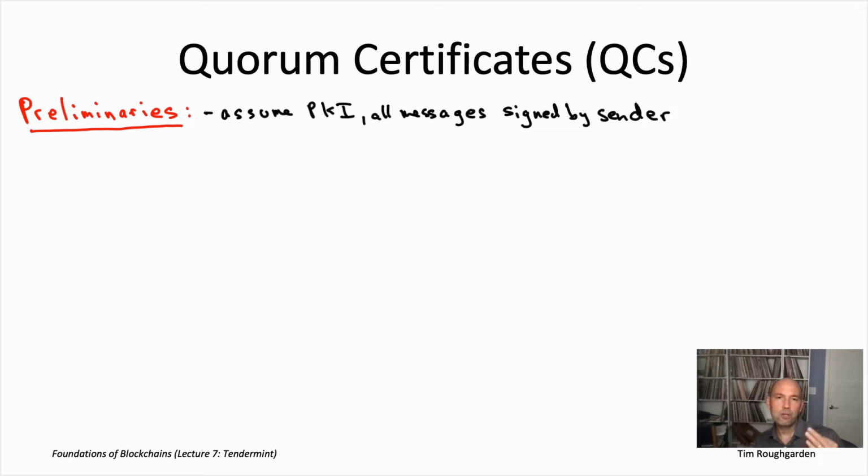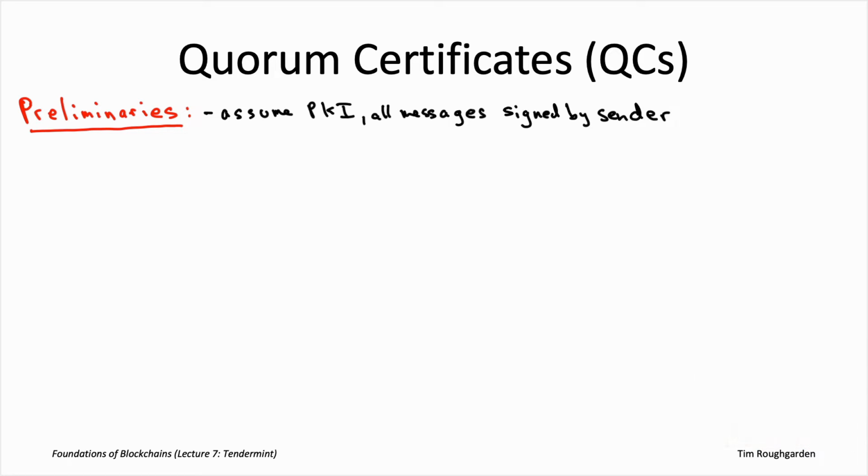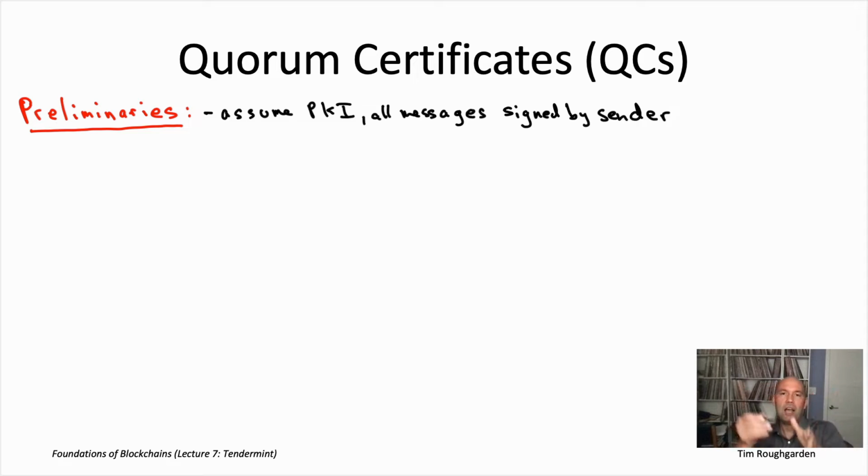Secondly, remember that in the partially synchronous model, one of the things we have going for us is a shared global clock. And again, you can relax this to having a bounded difference between different nodes' clocks, but for simplicity, let's just think about a shared global clock. So there's a notion of time, and at any given moment, all of the nodes know exactly which time step they're in. What that means is we can chop time into what we're going to call rounds. You should think of a round as an attempt to come to an agreement on a particular block. So in the previous video, when we talked about the high-level ideas, idea number 2 was to keep trying until you reach agreement. One of those tries is what we mean by a round.